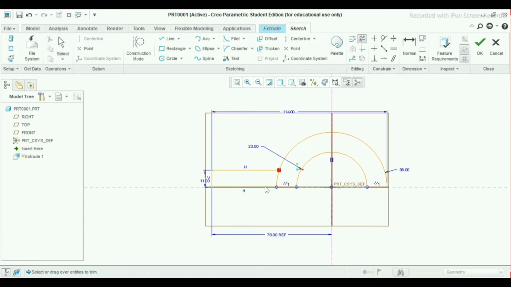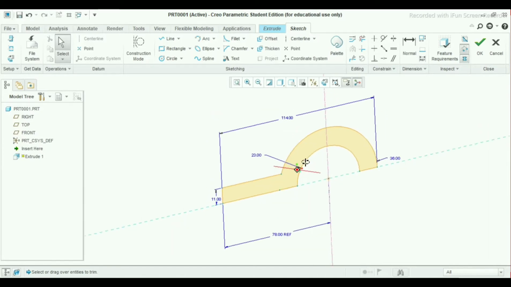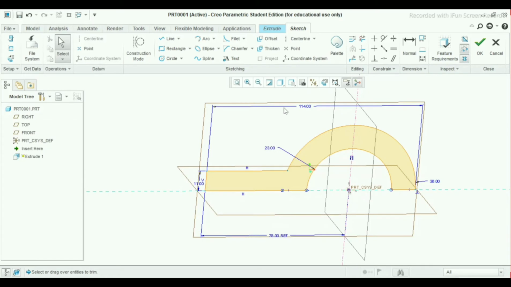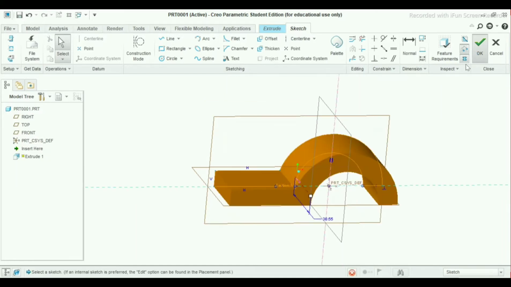Delete segment. Now our sketch has been fully closed, as you can see here. Click OK.